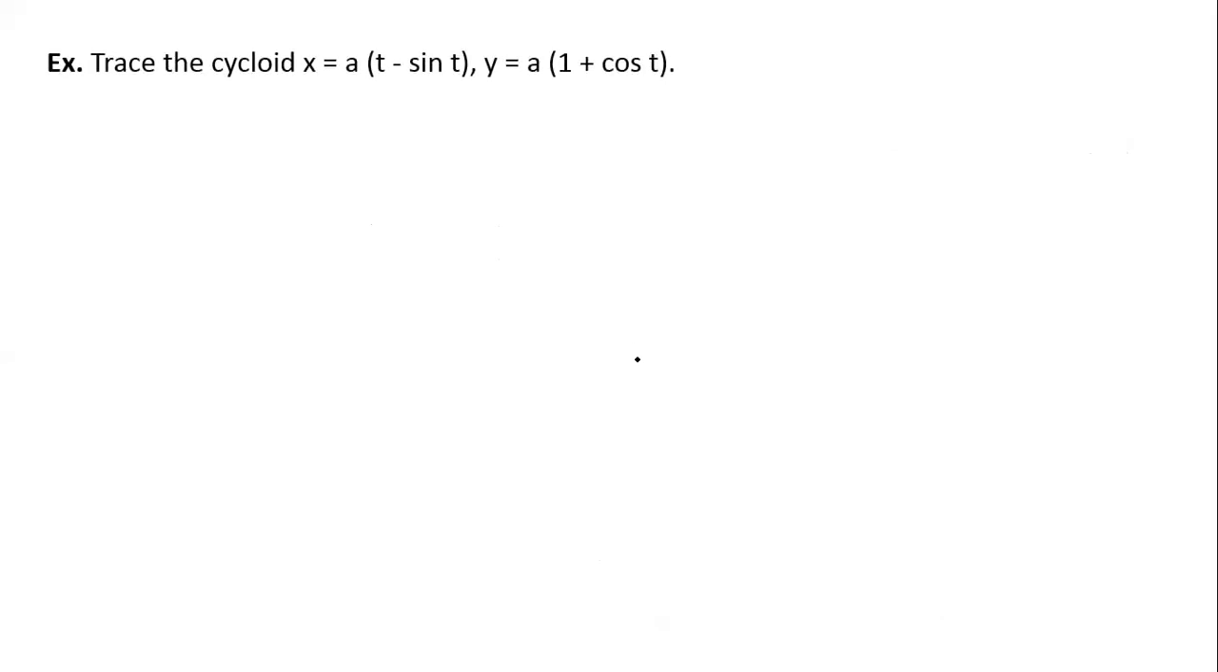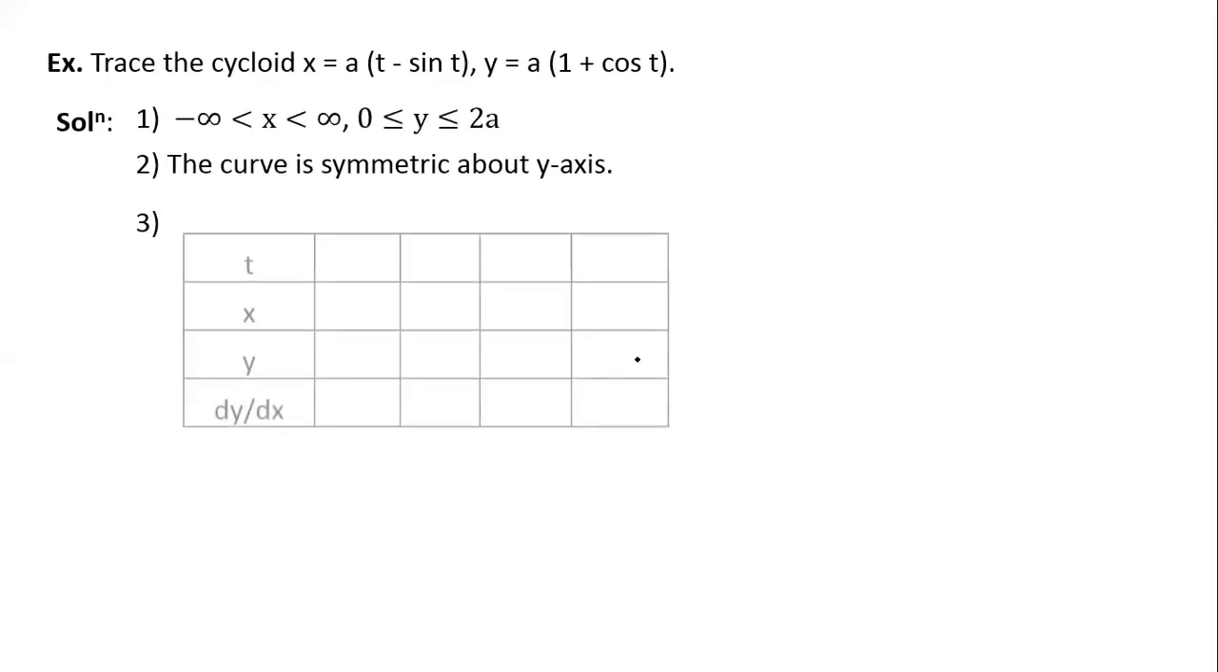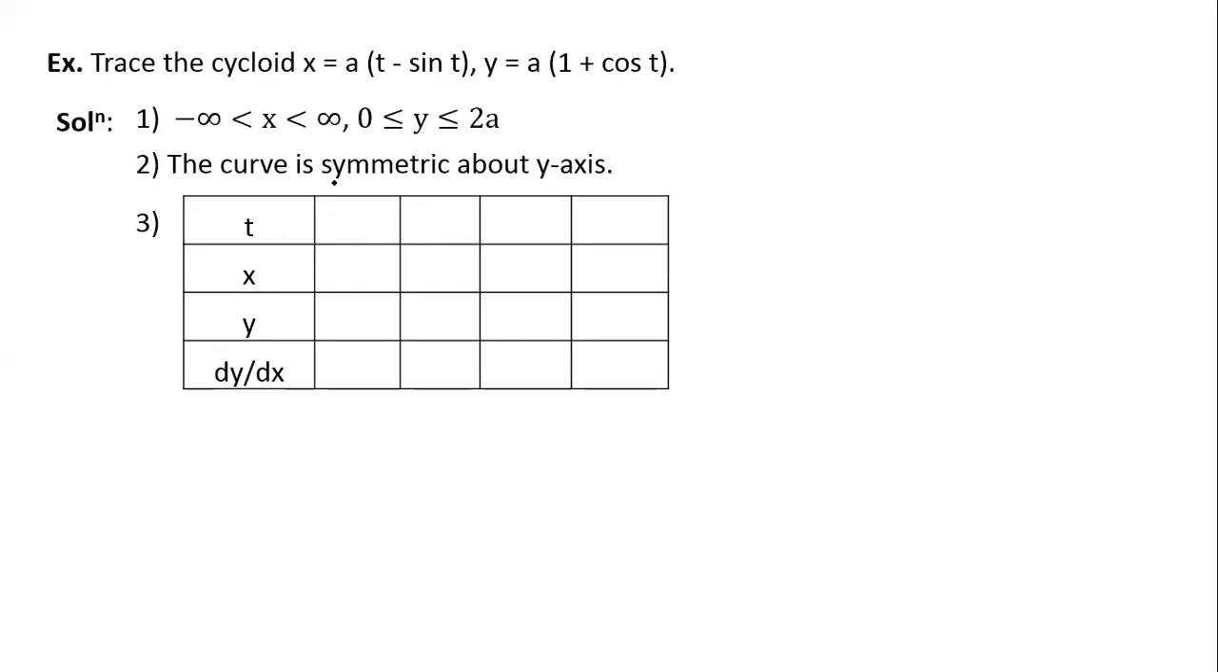x equal to a times t minus sin t and y is equal to a times 1 plus cos t. Again, it can be any, there is no limit on x, and y is from 0 to 2a. Again, the curve is symmetric about the y-axis. Again, here we consider 0, pi, 2 pi, 3 pi, and x